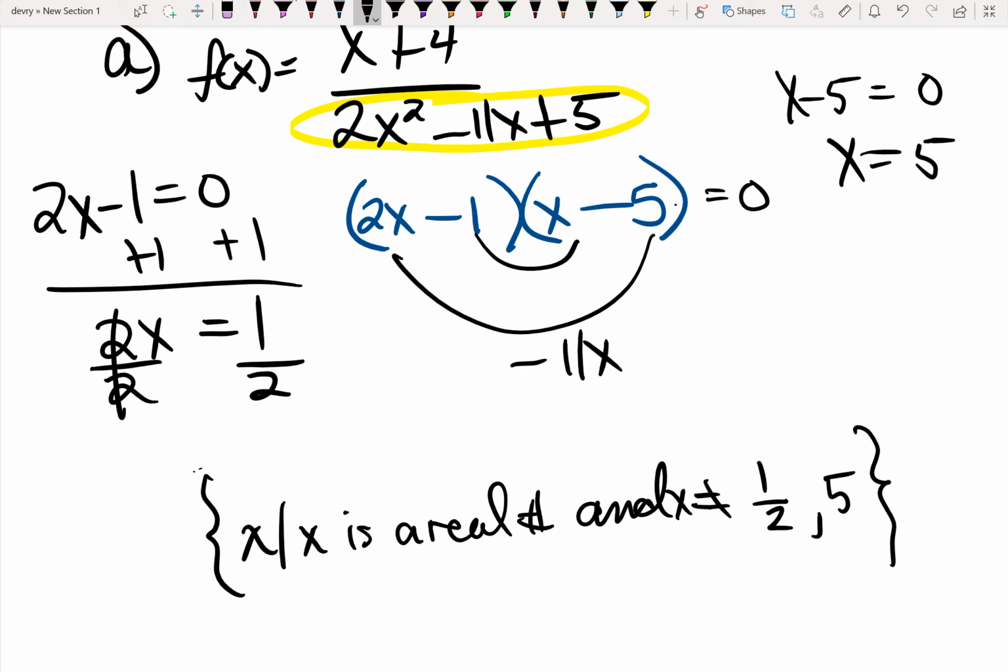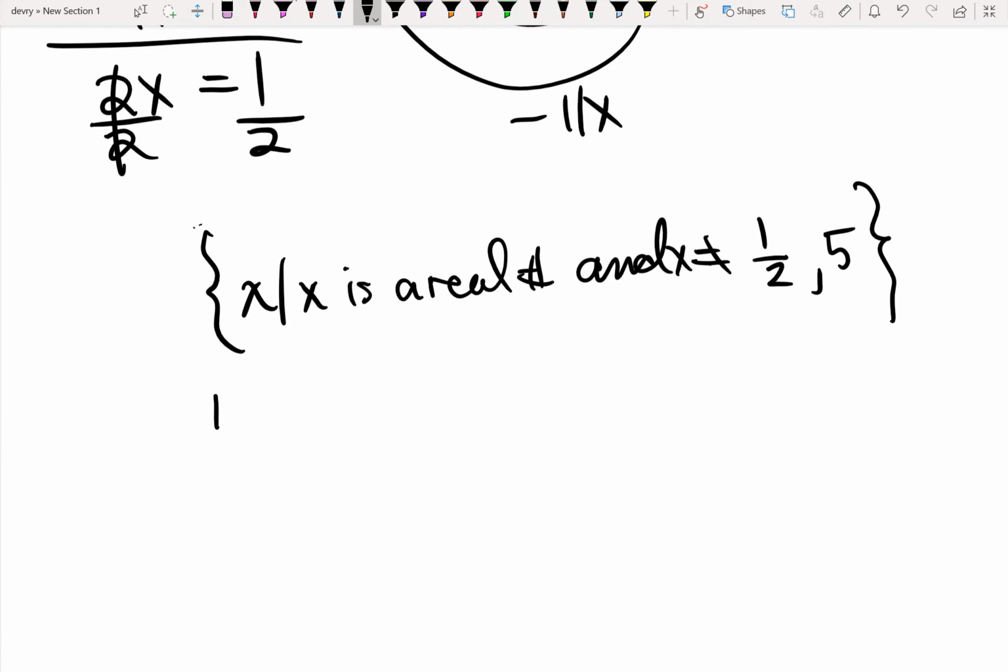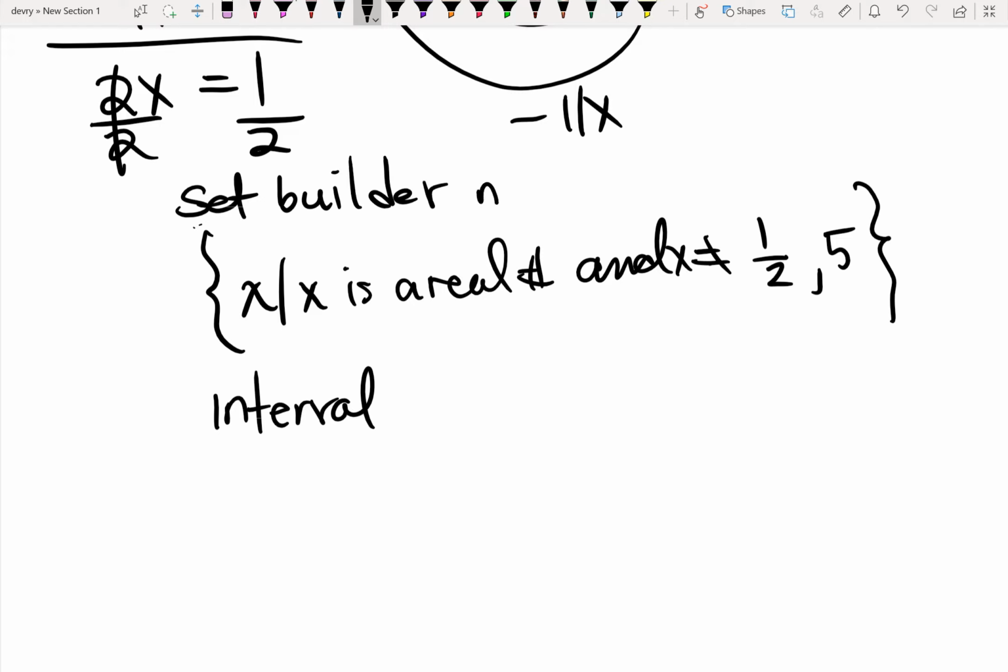In interval notation, now I want you to think number line on this one. So this is set builder, by the way. Let me just write this out for you so you see it, you hear it. Set builder notation is this. Interval notation,